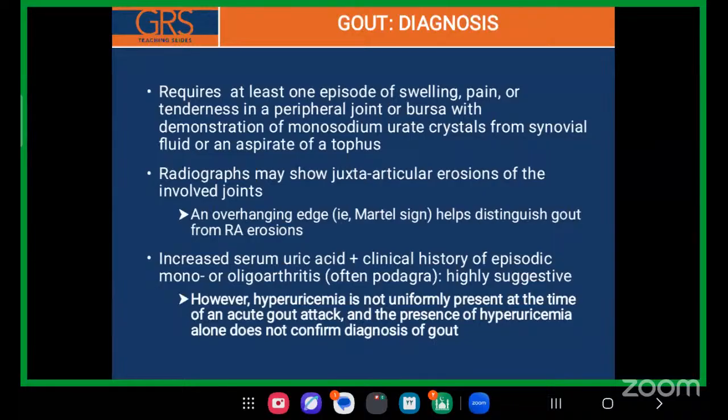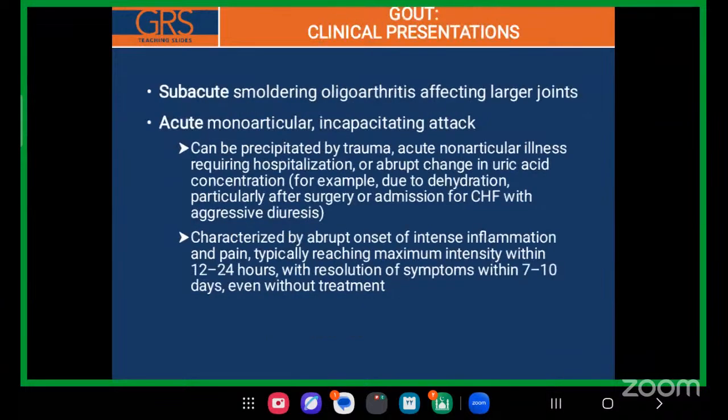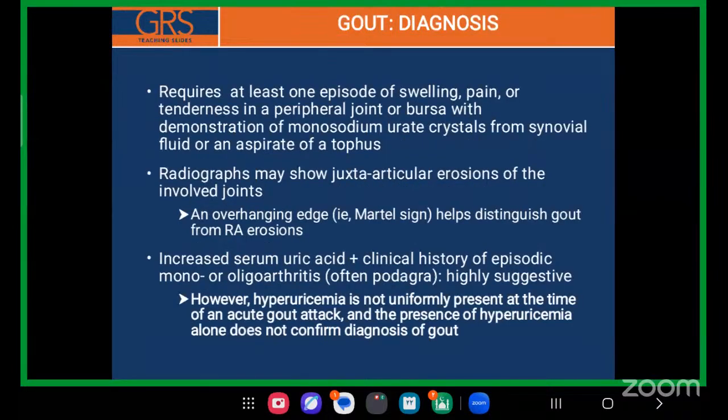So this is the image of a tophus, and with radiographic findings, you may see juxta-articular erosion of the involved joints. It's called the Martel sign, and it helps differentiate gouty arthritis from rheumatoid arthritis. Here you can see there is a bony prominence. So this Martel